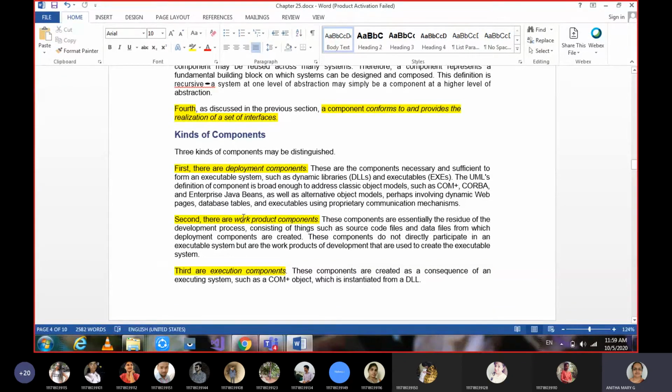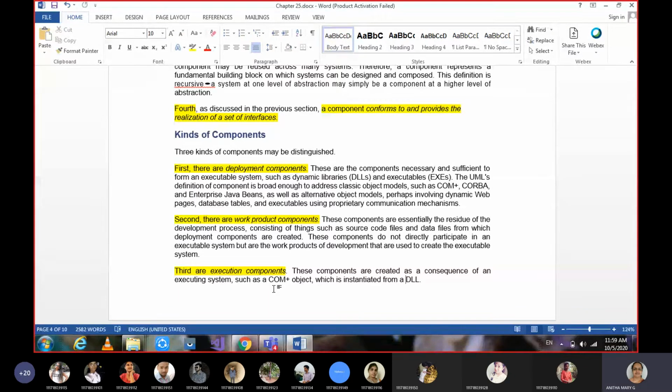In order to work, we need some products. Those work products, if they exist in a component, we call it a work product component. This will be during the initial stages of software development. Then moving on to the third one, execution component.